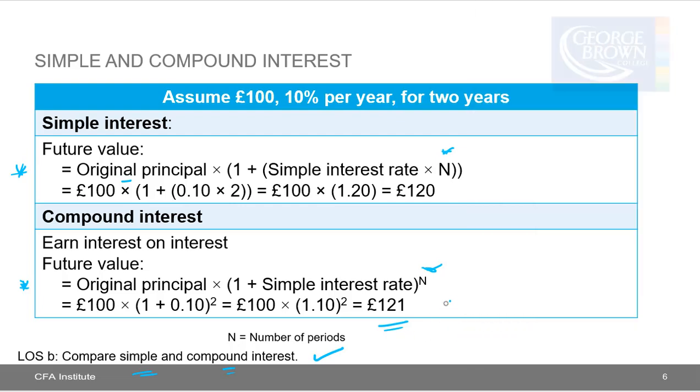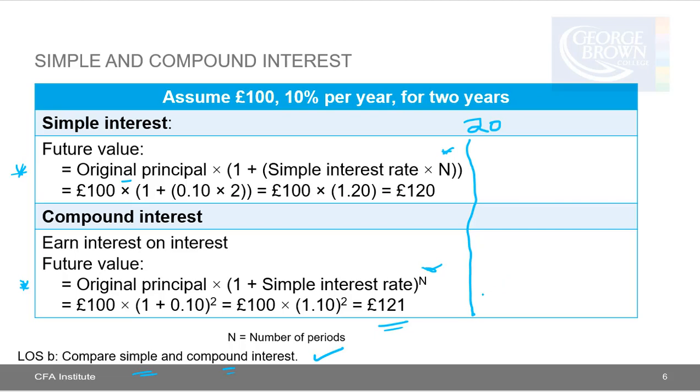But as we said, the difference of 1 pound is not much after just 2 years. But if we look at an example of 20 years, you'll see that the result is quite dramatic,